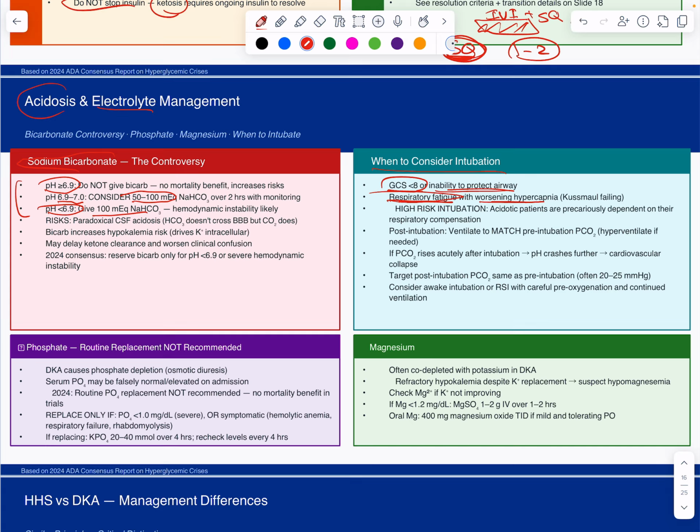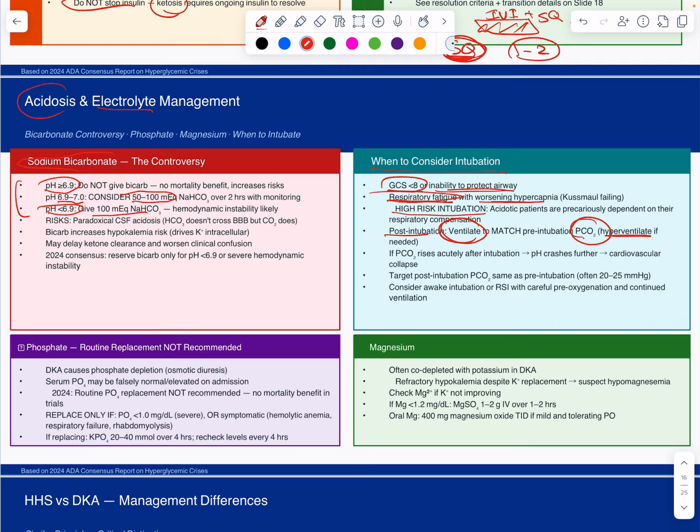But remember, if you decide to intubate, those patients will be very high risk for intubation, because with the sedation and the neuromuscular blocker, you will put a hold on the compensation that they are usually trying to do by themselves. And if you decide to intubate, you have to ventilate and even hyperventilate to decrease the PCO2